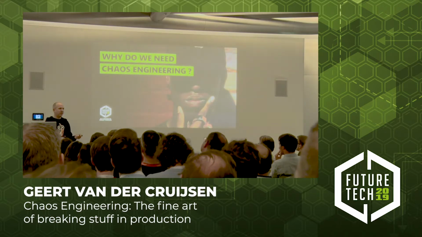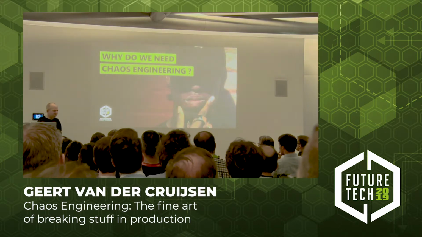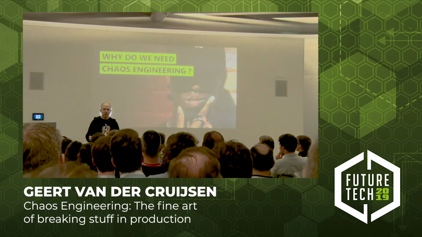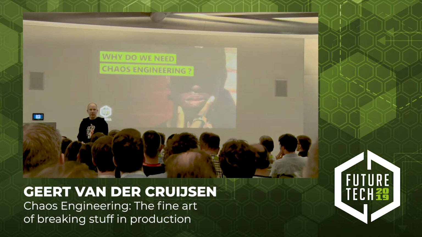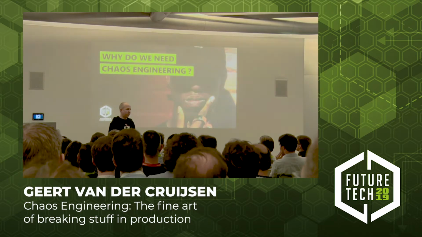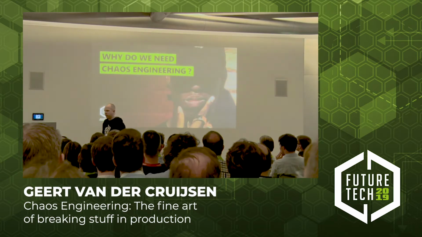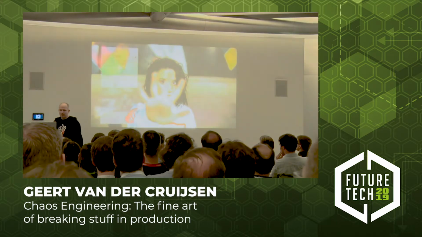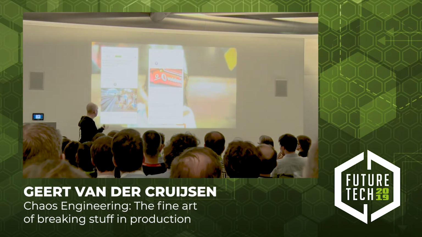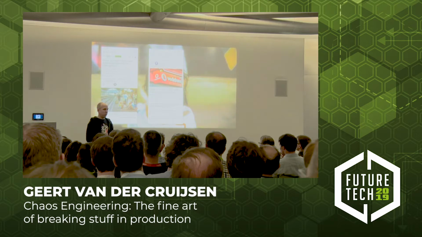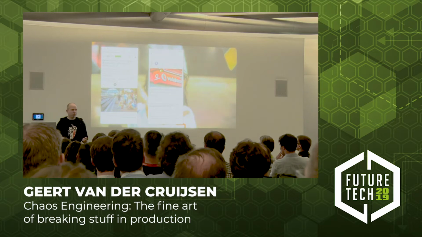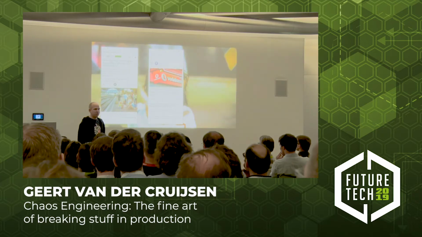But first, why do we need chaos engineering? Well, IT is becoming more and more important in each and every company, right? If you're an IT company, of course, that's for sure. But if you're a bank or something else, almost all companies are software companies nowadays, right? And when your IT fails, you can get into the news. Last year it was all over the news that some small bug caused all the trains near Amsterdam to fail for several hours, impacting society.